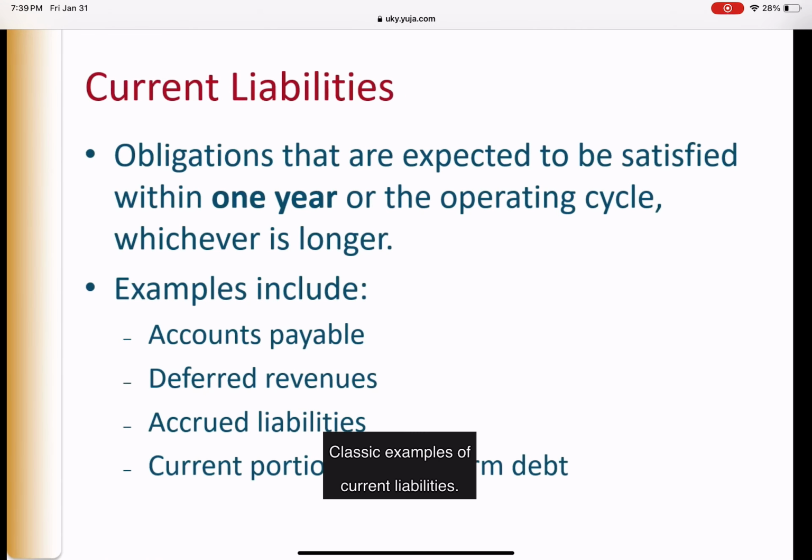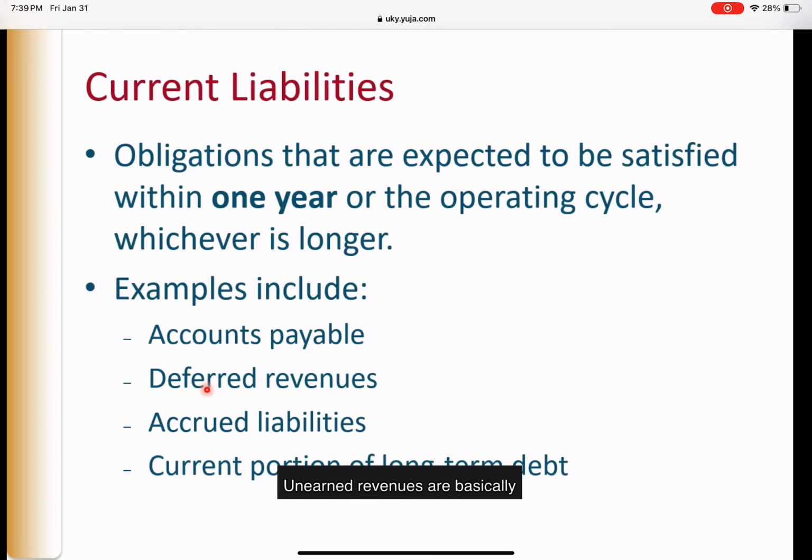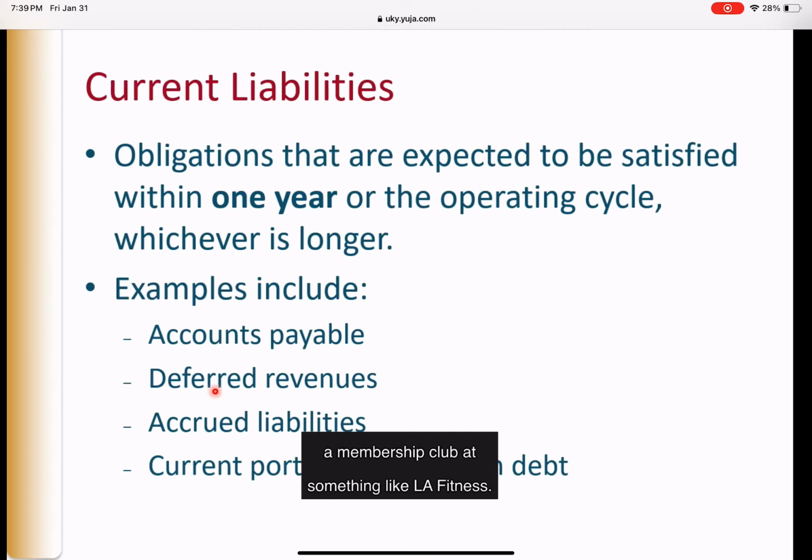Classic examples of current liabilities, yes, accounts payable. Oftentimes you'll hear deferred revenues being referred to as unearned revenues. When they say deferred, they mean they're putting off showing them as revenues right now on the income statement. So unearned revenues are basically the result of when a customer pays you in advance. For example, let's say you have a membership club at something like LA Fitness. In that case, they would not record that all as revenue right away. They would pick up pieces of that as revenue over each month